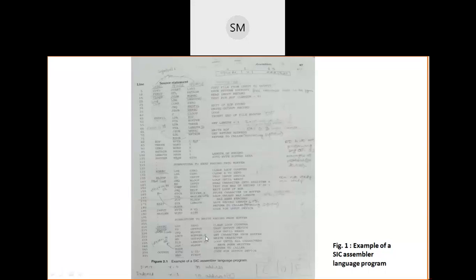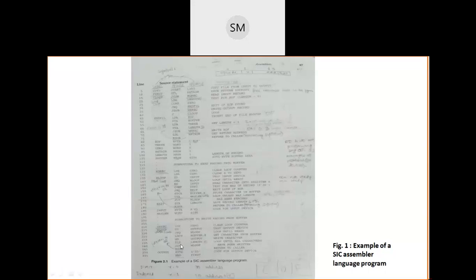Next, I increment the value of X, that is, it becomes 2, and 2 is also less than 4096, and again I take the character from the buffer from the index 2, and I write that character also onto the output device. Like this, 4096 iterations will be executed continuously to take the data from the buffer and write that data onto the output device.